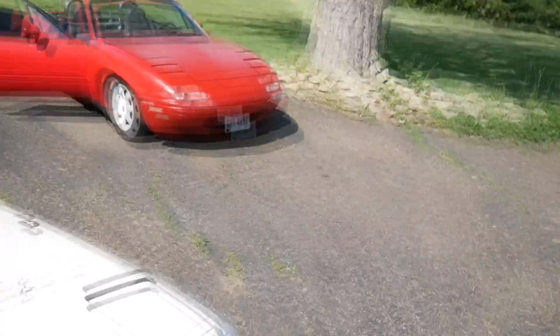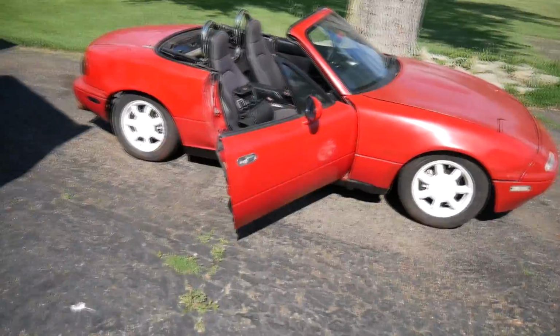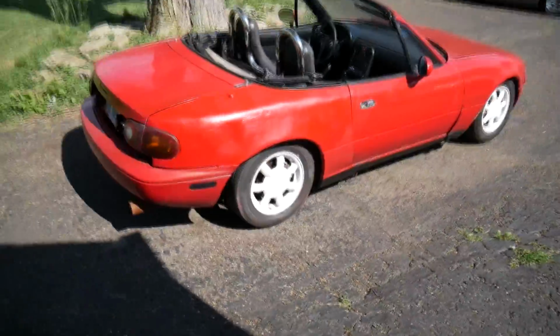Alright, so here it is. Woo! Alright guys, so as you can see here, let me close this door. Oh, take two. Alright, so as you can see, I actually bought a Mazda Miata. I was going to trade the 240 for a Miata or an AW11, but basically what happened was